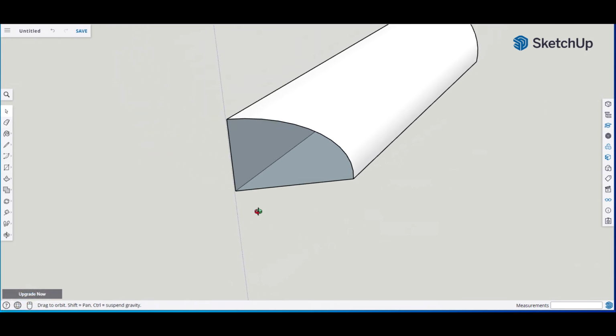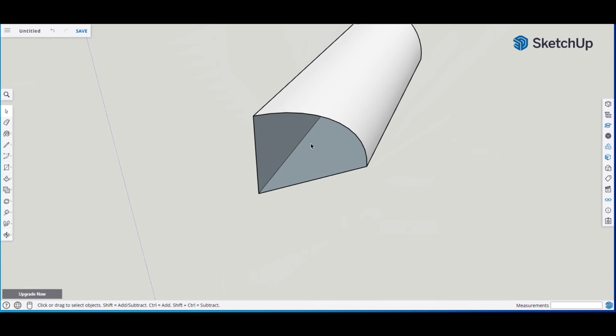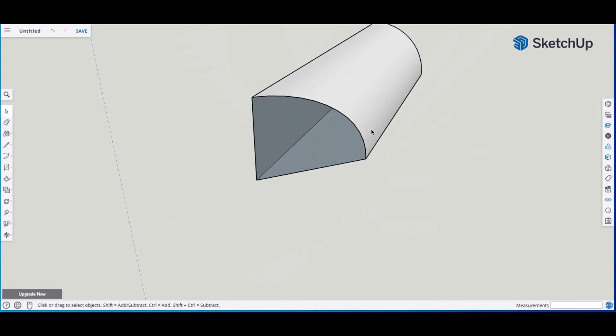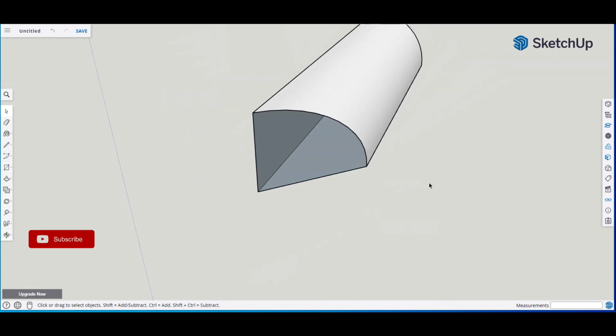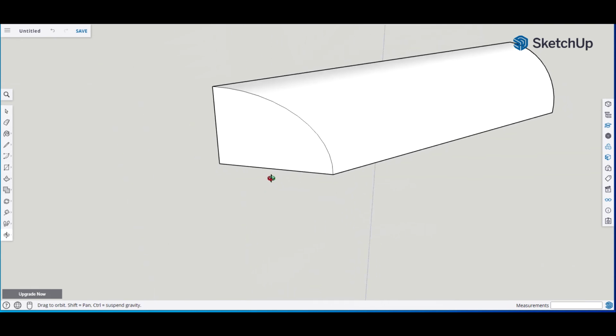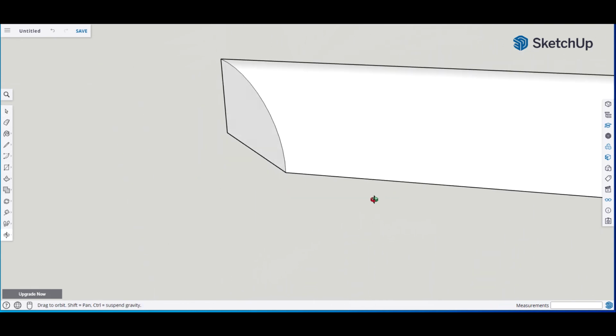So now we have our angle, but we have a big hole here. So to seal that off or make it the white again, let's hit the line tool by selecting L. Click here, and then let's click down here, and it should complete the box. So there we have it. Now,